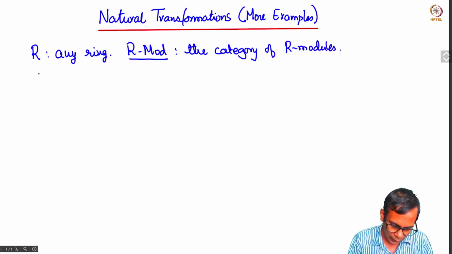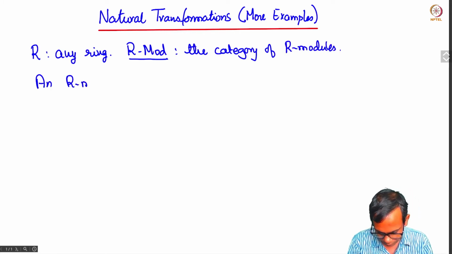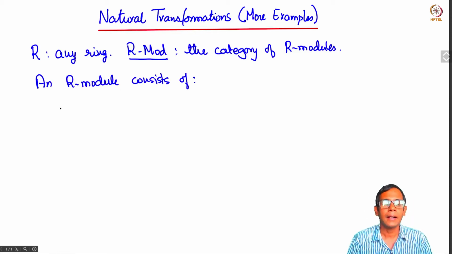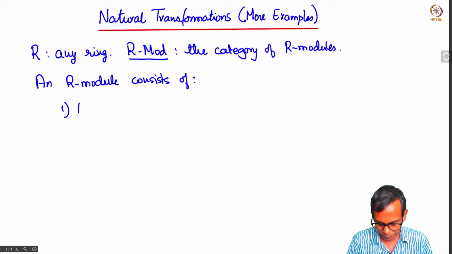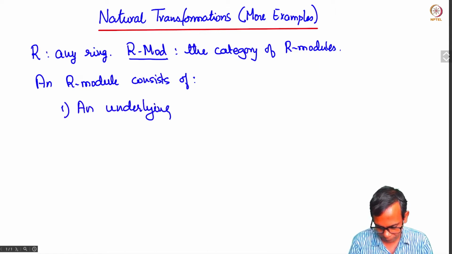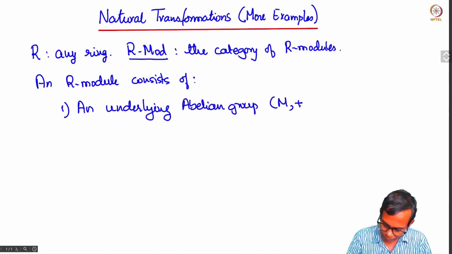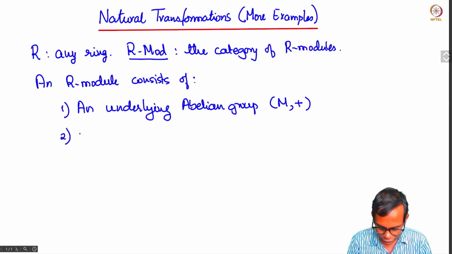Recall that an R module consists of, firstly, an underlying abelian group M, and its group operation is usually denoted by addition,